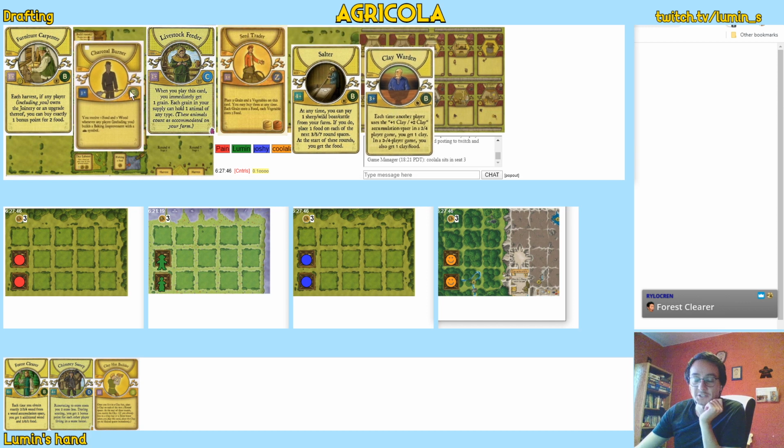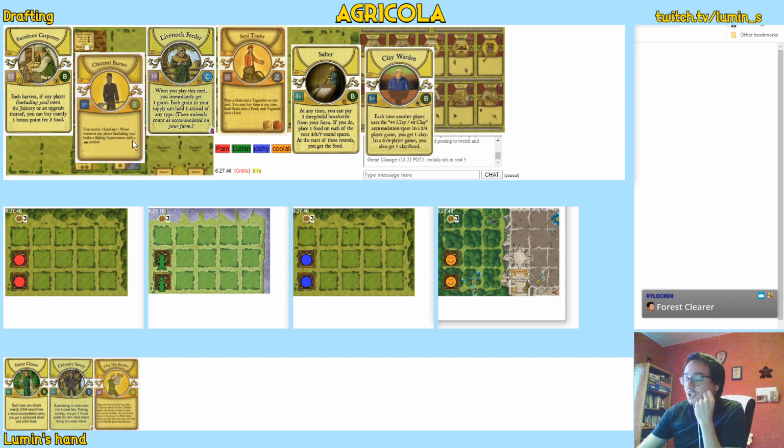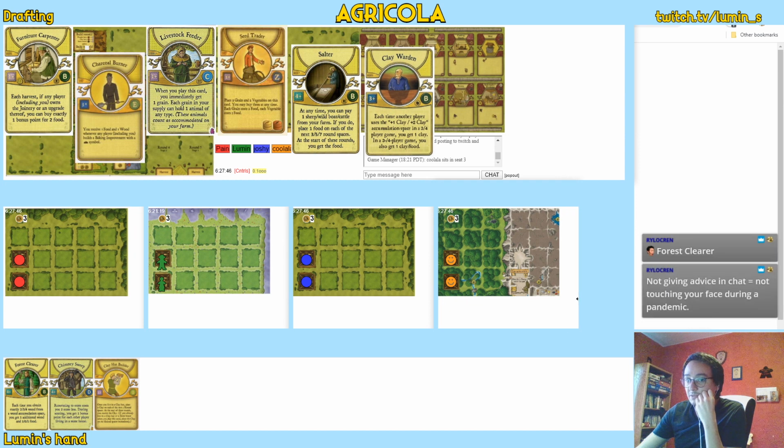Okay, so this is really funny, right? Charcoal Burner in pack 4. Charcoal Burner kind of sucks in revised. There's so many ways to get food that it's nowhere near as important to get cookeries. And that's why in every set since